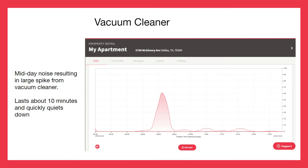Now, once you get up to a vacuum cleaner running, you see that big spike. Not a lot of noise before, not a lot of noise after. This is typical when you do have cleaners come cycle through your property. It's good to know that the cleaners were there, but this is also why the thresholds are off during the